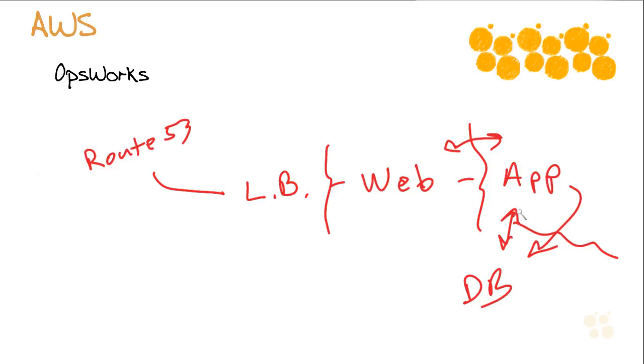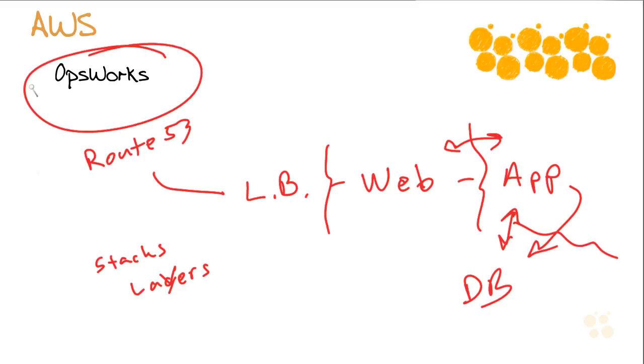In Amazon Web Services terminology, these are stacks that we create. And within these stacks, we have layers that we are going to utilize. Guess what tool is excellent at creating all of this for us? You guessed it. It's the title of this nugget. It's OpsWorks. This technology relies on a technology called Chef for automating all of the creation of this stuff.